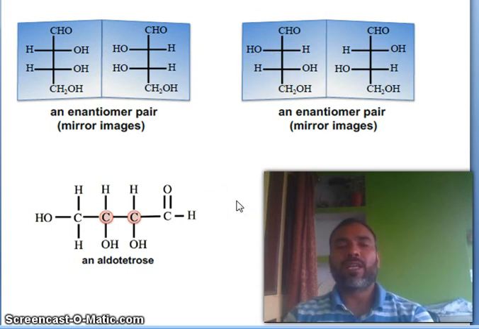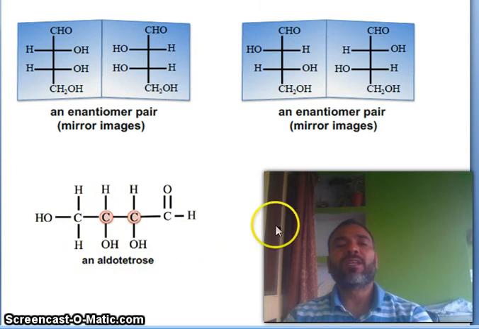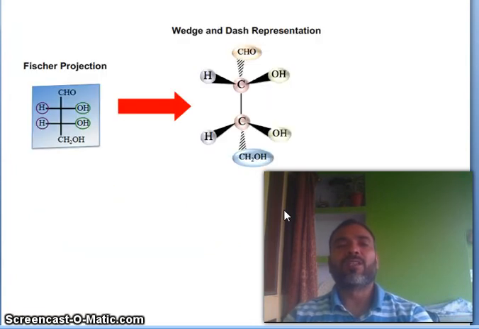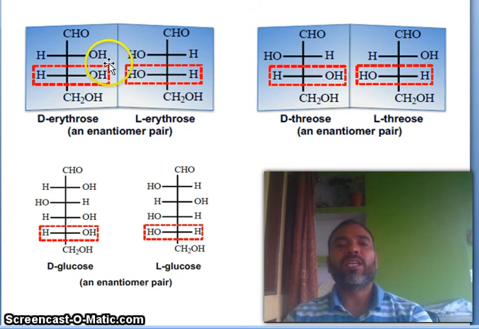Now in compounds which have multiple chiral centers, here you can see two chiral center Fisher projections. You can convert them into the wedge and dash representation. This is dash, this is wedge. The dark one is wedge, always towards you, and the dash is behind you. You can see here D-erythrose. With the Fisher projection you can easily identify what D is and what L means.